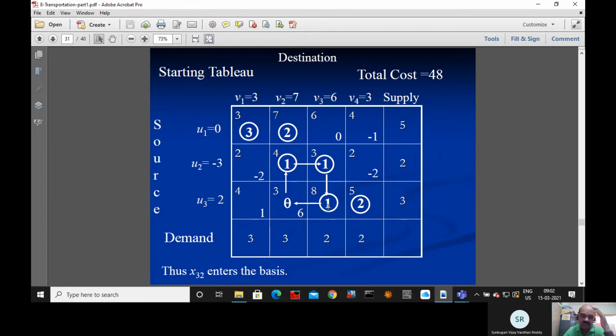So this one, which is minus 1, is becoming 0. This one is becoming plus 2. This one is becoming 0, and this theta is becoming 1. Among the 2 zeros, one will be a basic variable and one will be a non-basic variable. At a time, one variable is entering and one will leave. You cannot leave 2 variables. Even though there are 2 zeros, only one of them we can make 0.